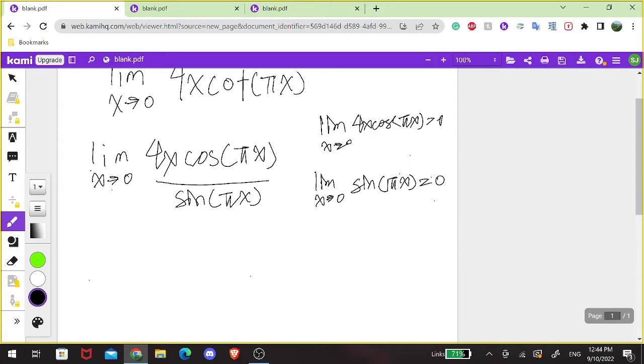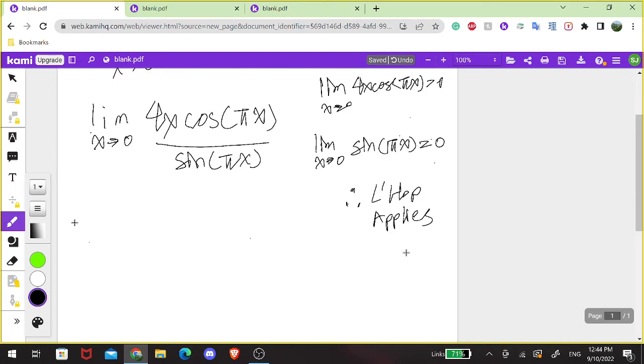Okay, so because both of these equal 0, we can say that L'Hopital's principle applies. L-hop is L'Hopital's principle, right? So L-hop applies. Okay. So now that L-hop applies, we can say the limit